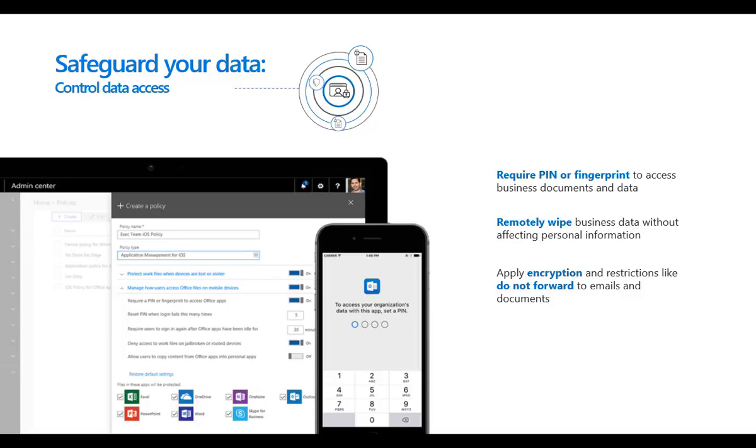You can also remotely wipe the device. If the user loses the device, you can initiate a remote wipe so that either all the corporate information is erased or the device is factory reset. So again, you've got this flexibility to do it in an emergency, but also do it if a user does